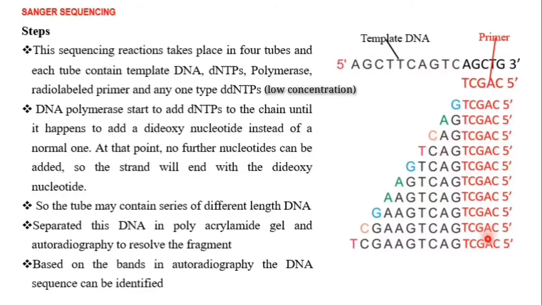Here you can see this is a primer, and here one normal guanine and normal adenine are added, and C is normal, T is normal, G is normal, A is normal, and A is normal, G is normal, C is normal, but T is a dideoxy, so the termination occurs here. So when we do this reaction in four tubes, we'll get fragments with